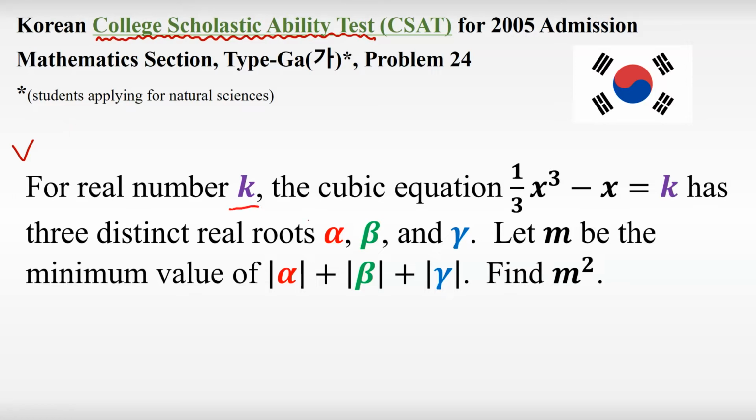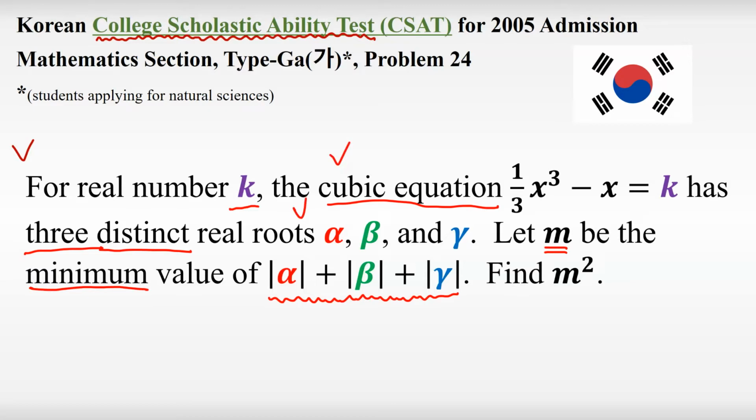So for real number k, the cubic equation 1/3 x cubed minus x equals k has three distinct real roots, alpha, beta, and gamma. Now let m be the minimum value of the sum of absolute values of these real roots. Find m squared. So we are basically dealing with the roots of the cubic equation here, but instead of dealing with them purely algebraically,